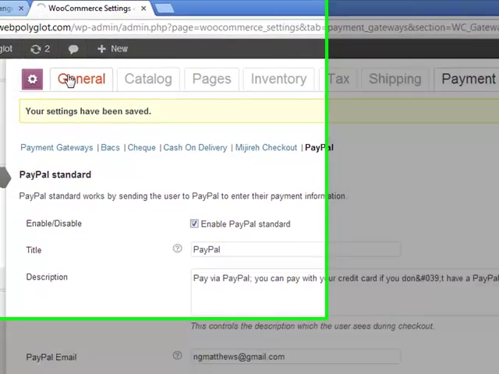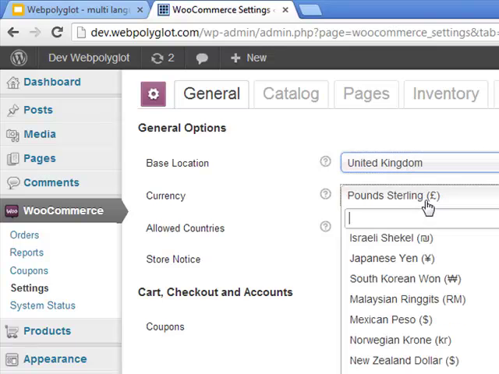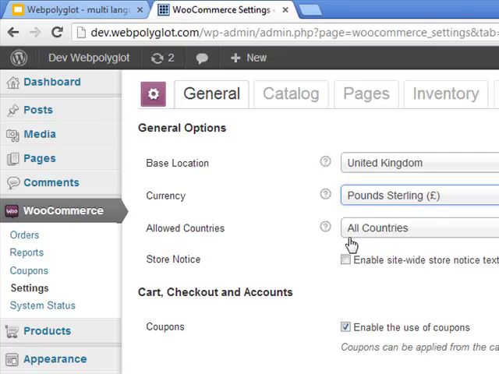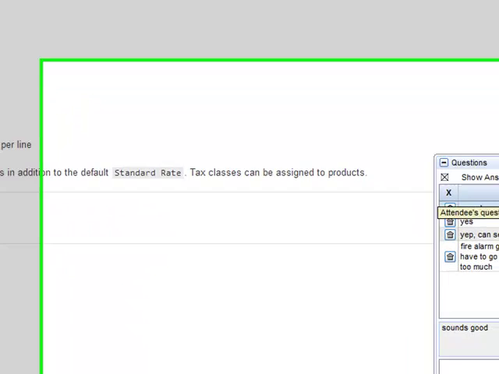I'll go very quickly over the other WooCommerce options. We can set things like our currency. I'm going to use pound sterling as our currency for this test. You can see which countries you're going to ship to. You can set things like tax. So if you've got a local sales tax,